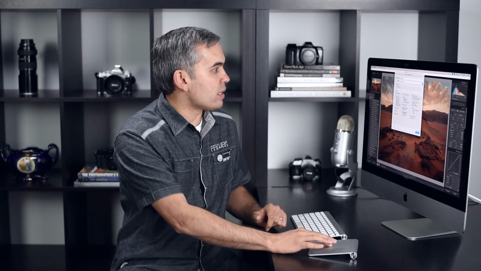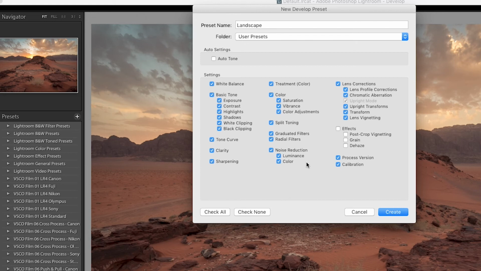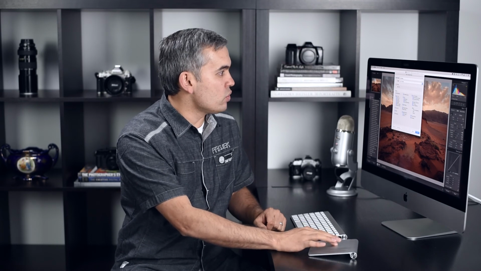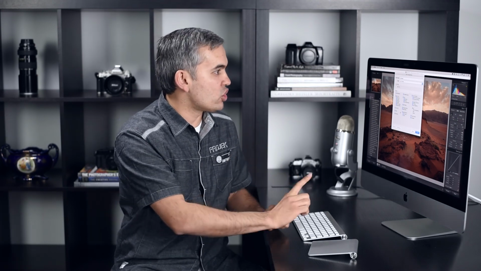So one thing to keep in mind is that if I have these selected and say I already edited an image and I had a few things that I applied to it, if I have everything checked here, it's going to reset that other image that I'm applying the preset to. So, for example, if I have an image where I actually did apply graduated filters, even if I don't have graduated filters in this image, as long as this field is checked, it's going to completely overwrite and reset the graduated filters on an image that already had it. So that's something important that you need to keep in mind. As you use these tools, if there are things you do not want to overwrite, you might want to uncheck them from this list.